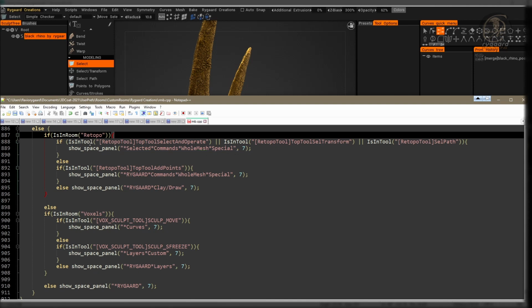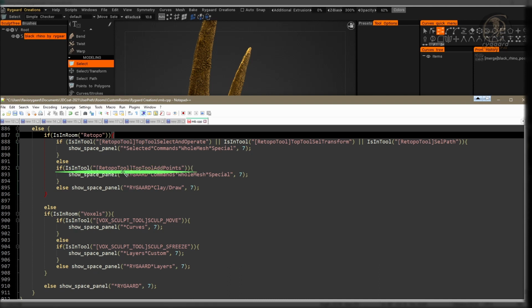But if this conditional if structure is false, if select or select transform or select path are not selected, then the script goes to the next conditional structure, else if